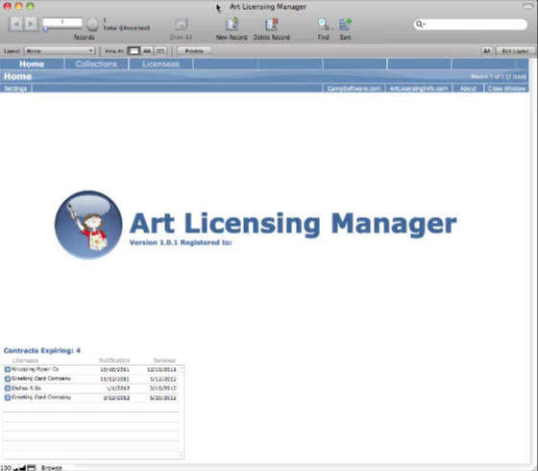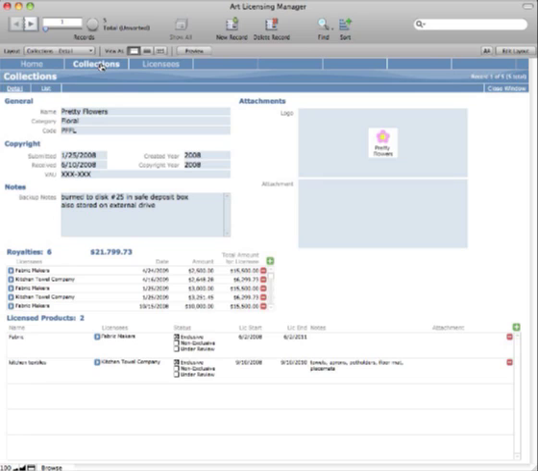So what we've done with this software is we looked at everything that I wanted to track and that the average artist is going to want to track and what needs to connect. So it's divided into two sections. We can track the art, which we called collections on the tab, and we can track the people or the licensees. Right now we're looking, okay, so you click to the collection page. We'll talk about that.